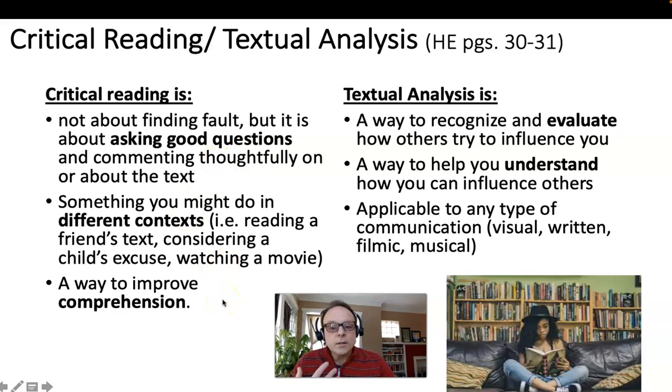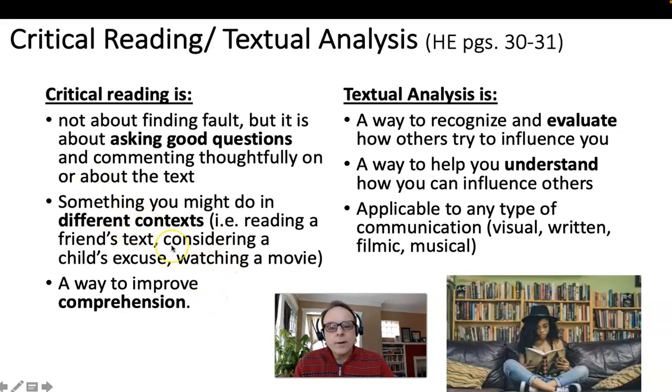The good news is a lot of people do this already on a daily basis, and you just kind of have to look at that. If you're not doing it with your reading for academics, you can take some of those things you're already doing in normal everyday life. Like, for example, in different situations, you might be reading a friend's text and you're sort of like, they want me to come over tomorrow afternoon, and they didn't say why. I wonder if something's going on. So even just reading a text, you might read between the lines, we call it, right? And try to figure out, are they trying to persuade me to do something? Is there something I should know about, et cetera.